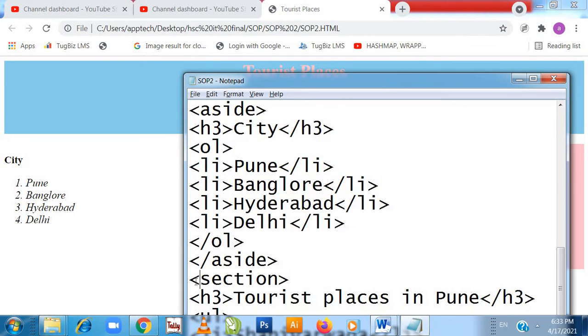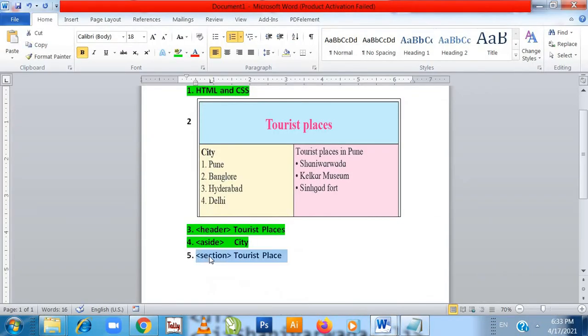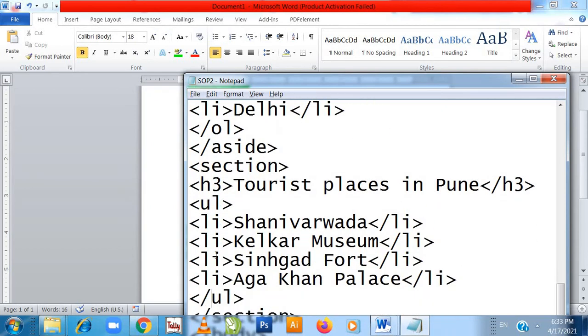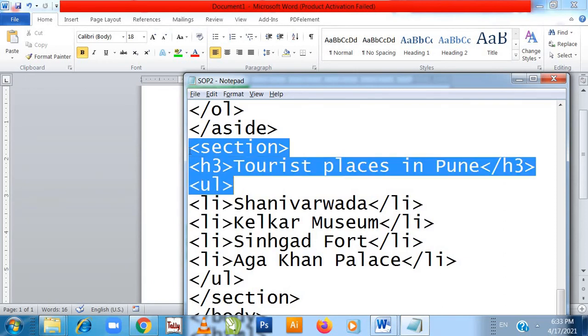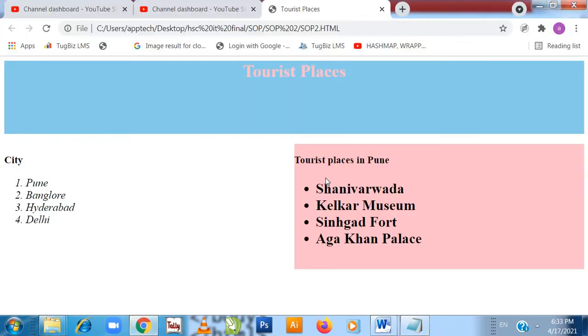we are doing the section. Now the other part that we need to finish is the section, that is my tourist places. I am just highlighting it. So in my tourist places, I have written tourist places in Pune in the heading 3 size, and that is an unordered list. And in the unordered list also I had given some CSS properties. Here all the tourist places of the Pune city have come, the unordered list closed, and the section was open over here and the section was closed. In the section also I had given some CSS properties that I had shown you in the CSS. So here is my section part that I have written over here.